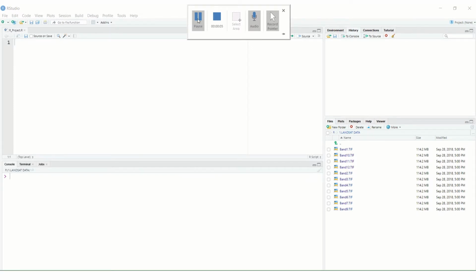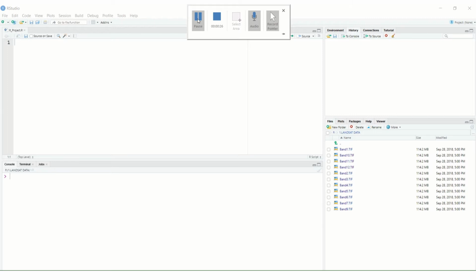In this video, I am starting R programming part 1. We are going to learn how to use raster data in R programming. The first thing is how to read the raster data. For example, if we have a Landsat band, how to read that band in R programming.